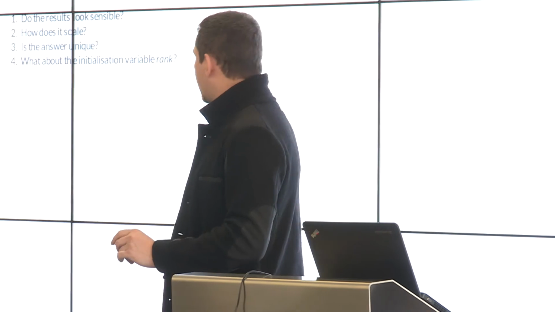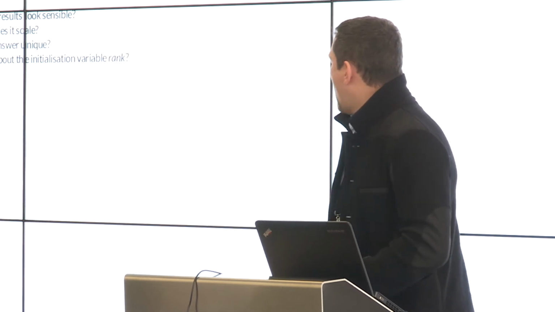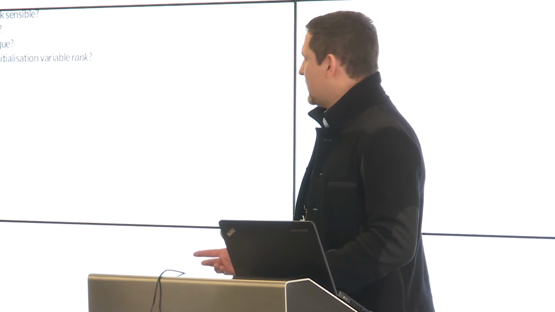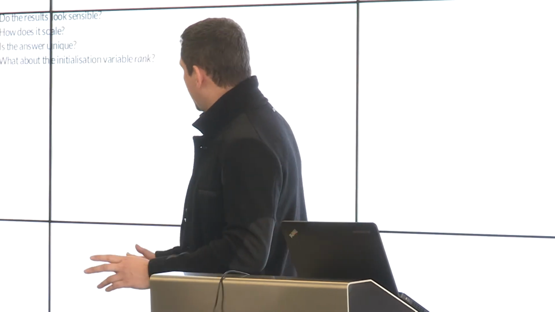No, it's not. The U and V matrices can be significantly different and produce the same results. There's no unique U and V, which to my mind is a worry. And what about this initialization value, rank? What can I do about that? Well, I could take a Bayesian approach and integrate it out using sampling, or we're back to the kind of guesswork world of data science, guessing what we're doing.